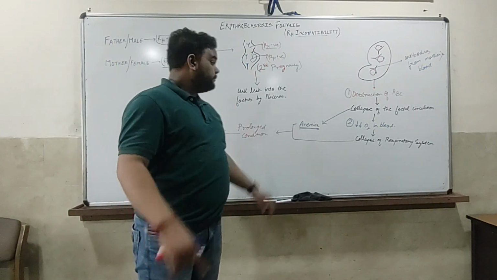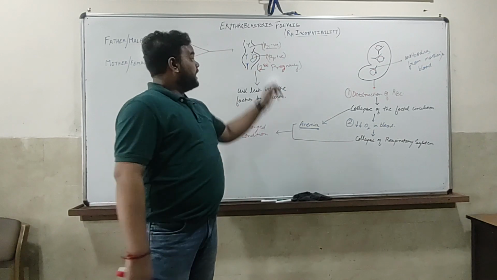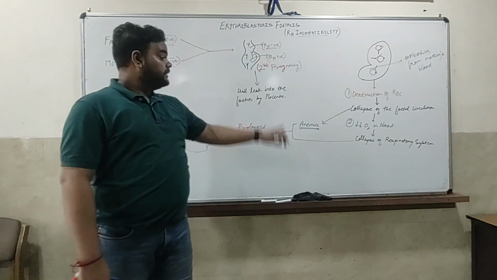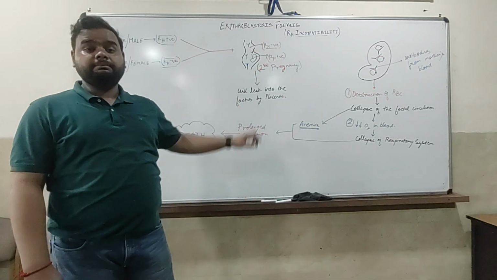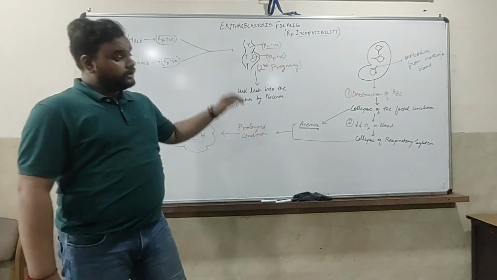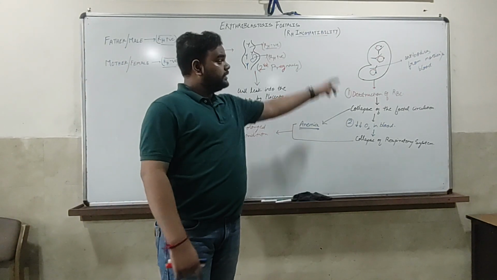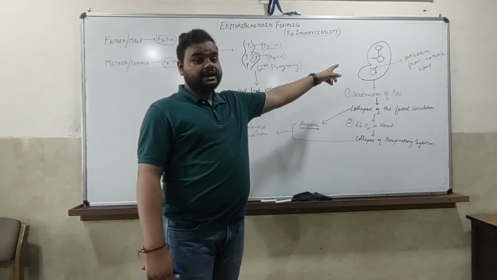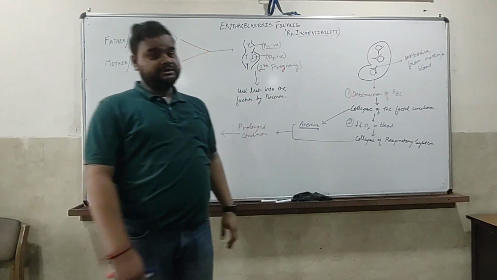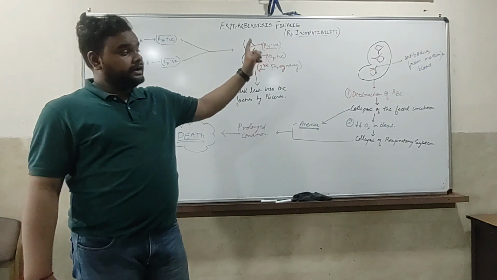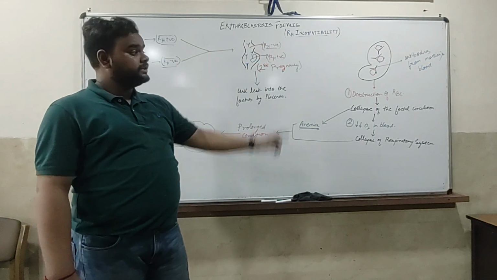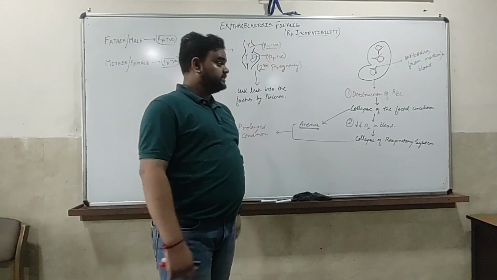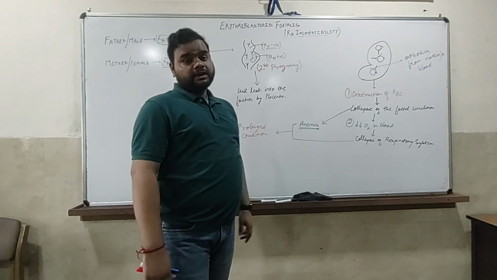Now, during the second pregnancy of this couple, the antibodies from the mother's blood leak into the fetal blood through the placenta. After they leak into the fetal blood, they go and damage the RBC, because the RH antigen is present on the surface of the RBC, and the antibodies produced against the RH antigen will go and directly attack the RBC and lead to the destruction of the RBC.